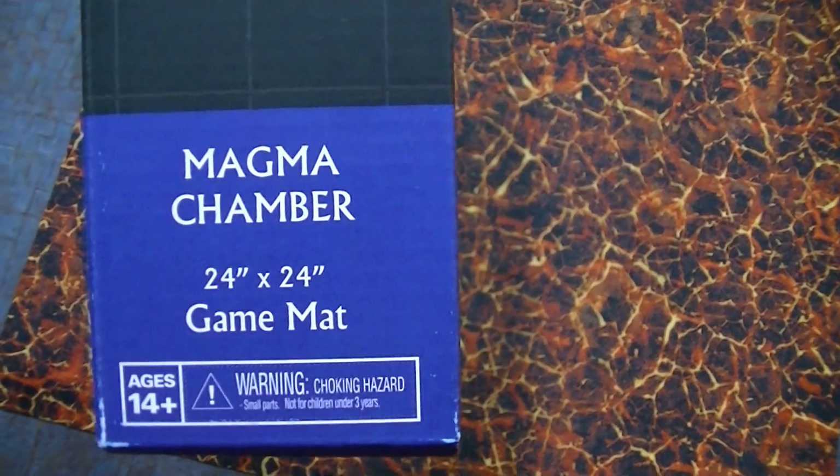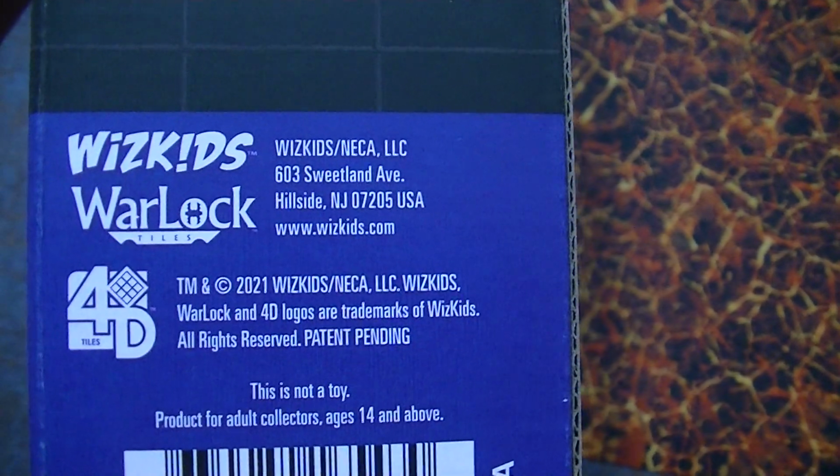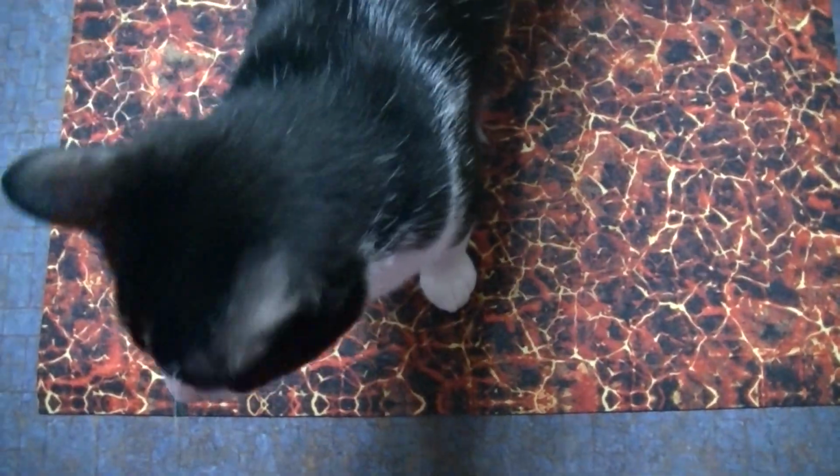So we're looking at the 24 inch by 24 inch Magma Chamber gaming mat. It's Warlock Tiles, and it is by our buddies over at WizKids. They had 3 of them at the time. They have the magma chamber, they have a cave,